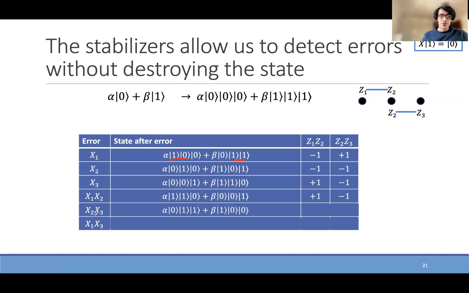And we can do that for the other two-qubit errors. If we flip the last two qubits, the first stabilizer is -1, the second is +1. And then similarly, if we flip the first and the last qubits,